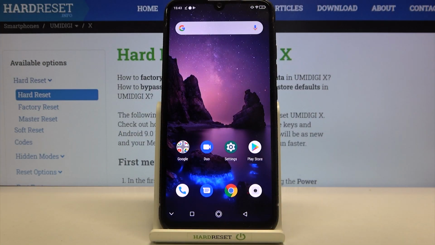Hi everyone, here we've got UMIDIGI X, and let me share with you how to reset digital rights management on